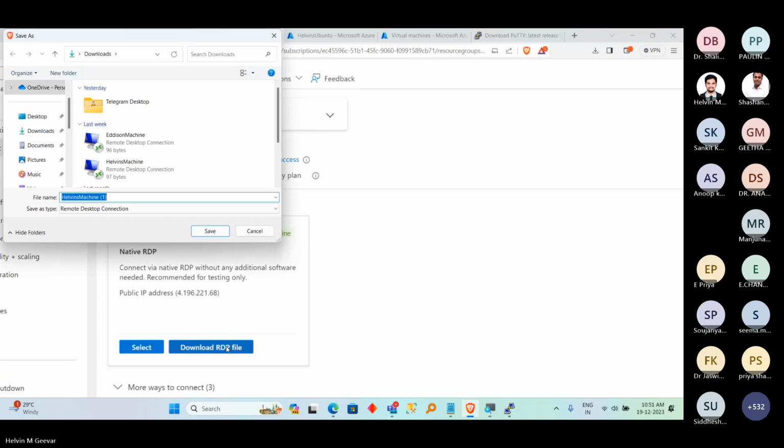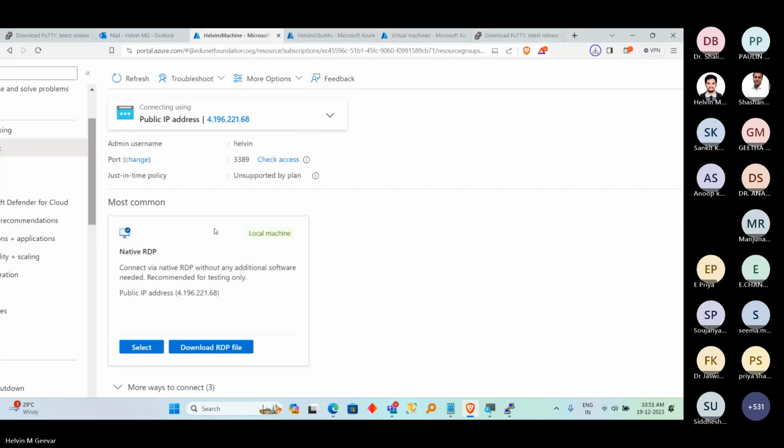So you can directly download this RDP file. You can click save. So you will be downloading. If you look at my downloads, you can see here, Helvin machine 1 RDP. I have downloaded RDP before, that's why. So .rdp, I am downloading a file with .rdp extension. So if I double click on this downloaded file,